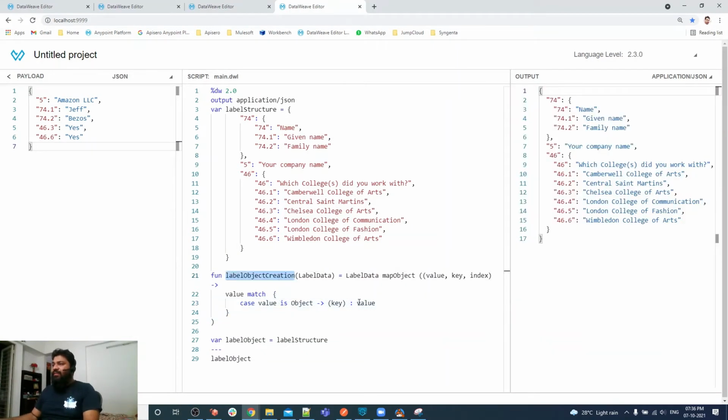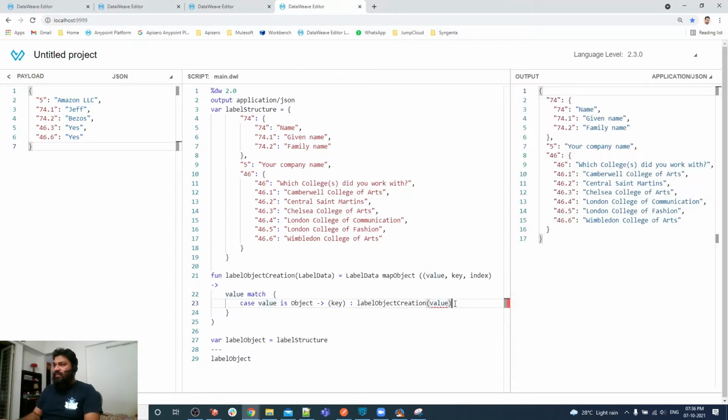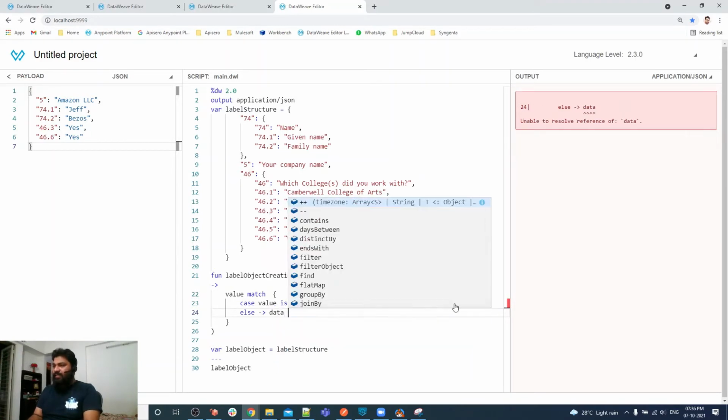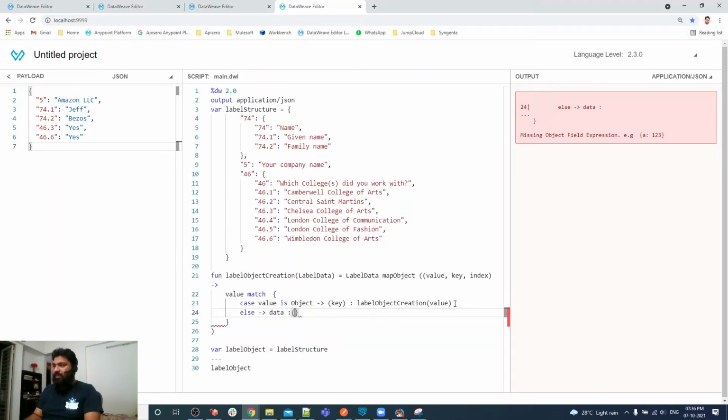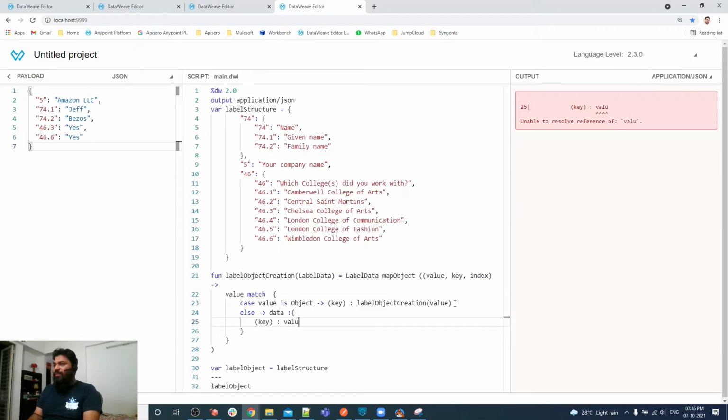Again I'm iterating the same one. I will explain you later. Let me write else condition. So else condition, we have data colon enter key comma value.